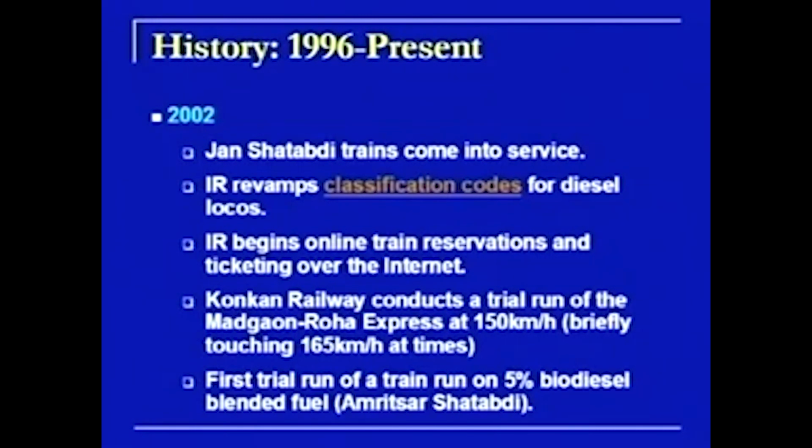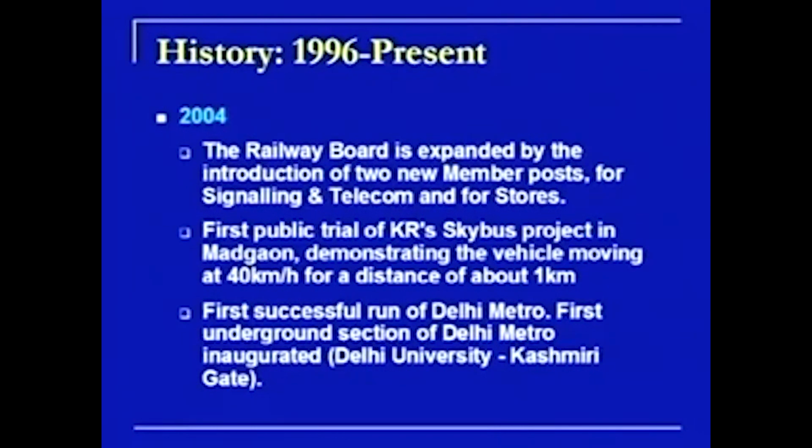Then there were some modifications in terms of the blends of diesel used, and a 5% biodiesel blended fuel was used for the first time in Indian Railways in 2002. That was for the Amritsar Shatabdi. In 2004, the Railway Board expanded by the introduction of two more members, one for signalling and telecommunication, the other for